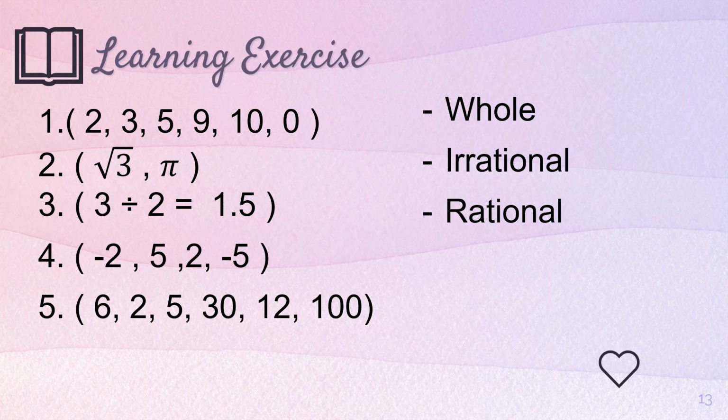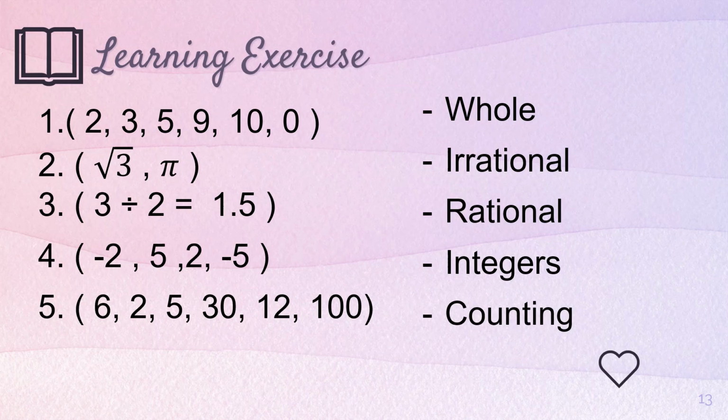How about this number 4? A negative 2, 5, 2, and negative 5. What type of number is this? This is integers. Okay, kasi may negative na and may positive. How about number 5? 6, 2, 5, 30, 20, 12, sorry, 12 and 100. What is your answer here? Answer is counting numbers. I hope you got all the correct answers, and please stay tuned kasi I'm making a